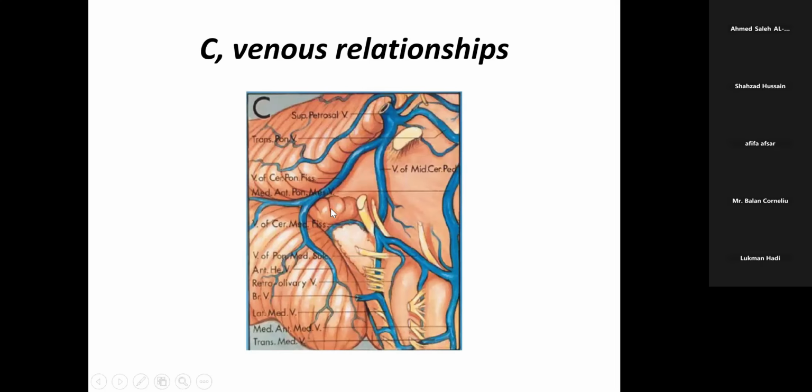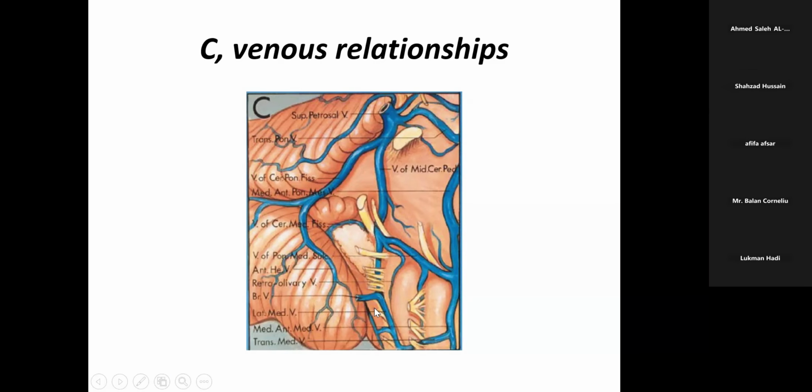So the venous relationships are again important here. We can see that the superior petrosal vein lies in close proximity to the 5th cranial nerve, and then we have veins of the cerebellopontine fissure and the medial and inferior mesencephalic veins as well, pontomesencephalic veins, which are going to be supplying the anterior surface of the pons and the middle cerebellar peduncle, which take the venous drainage from there. And then there are veins of the pontomedullary sulcus, which are going to be lying between the pons and the medulla, which take the venous drainage from the surface of the pons as well as the medulla, and then drains down via the inferior limb.